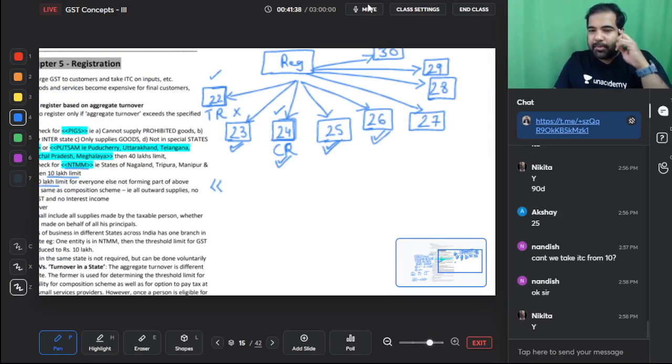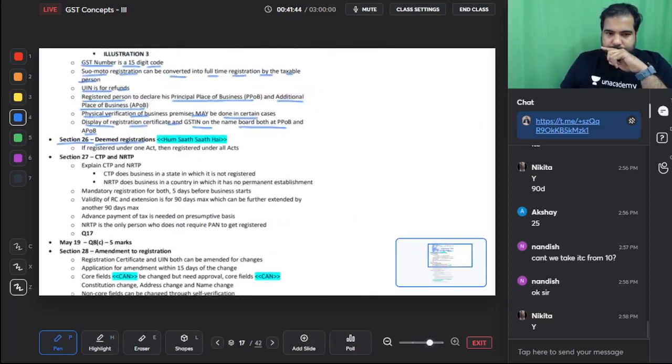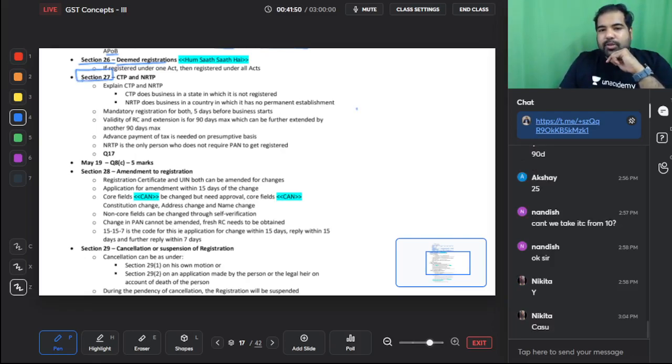27, guys, think about it. In Delhi, there is an exhibition happening for 27 days. And who is going to that exhibition? Electric bike company is going, yes, to Delhi in that exhibition. And a non-resident taxable person like Tesla is also going to that exhibition. So this is that exhibition which is happening in Delhi.